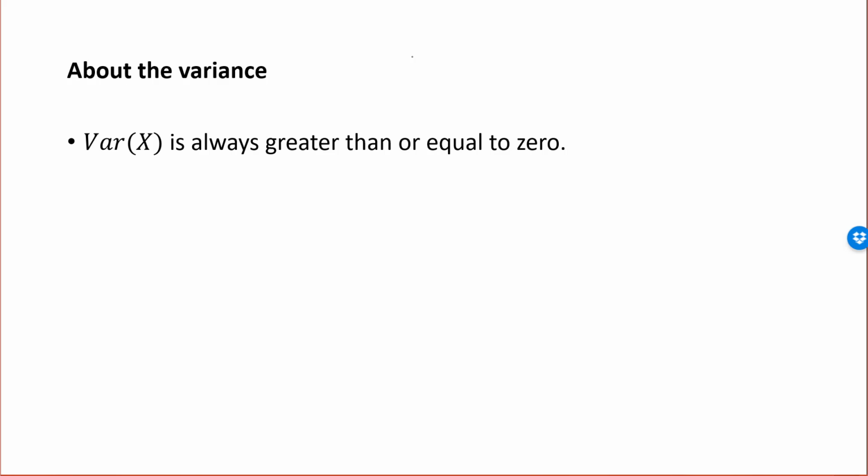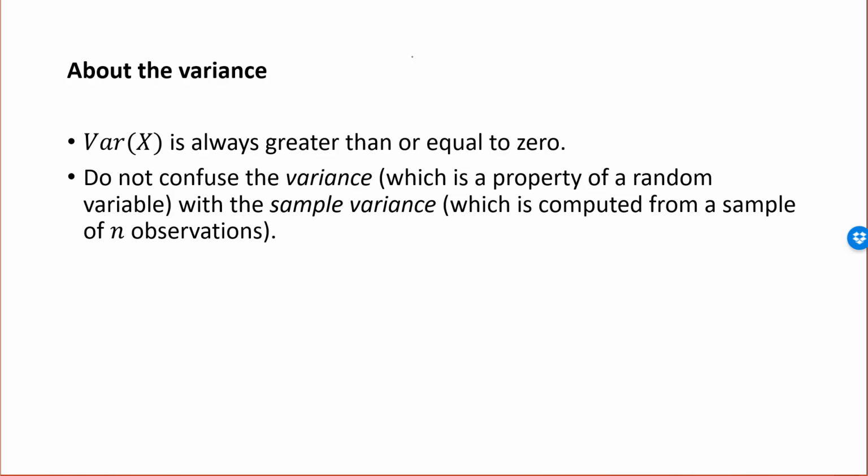It's very important, and unfortunately a big problem for many learning probability theory and statistics, to distinguish between the variance and the sample variance. And I guess the root of the problem is that the sample variance is by many authors just called the variance. So many authors use the terminology variance when they actually mean the sample variance. This tends to cause a lot of confusion further ahead, so I would really recommend you to be very careful